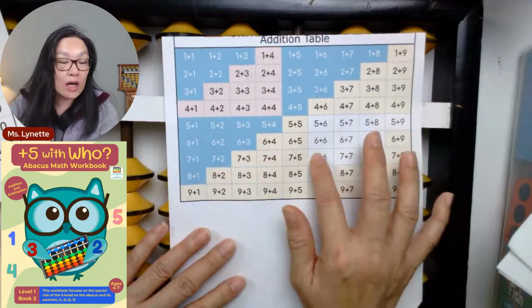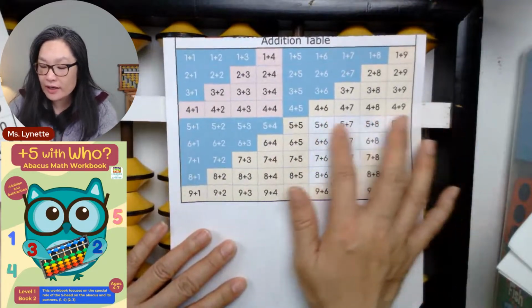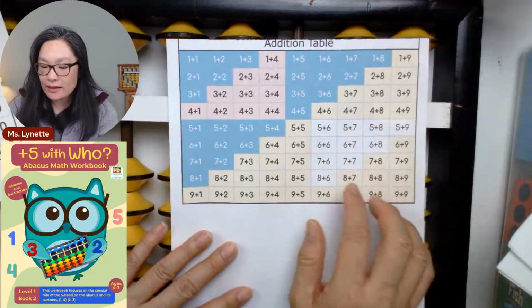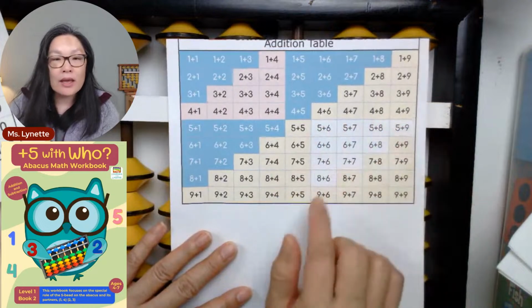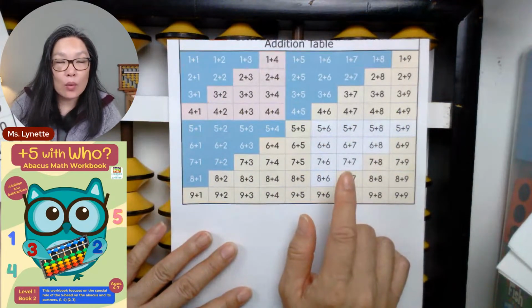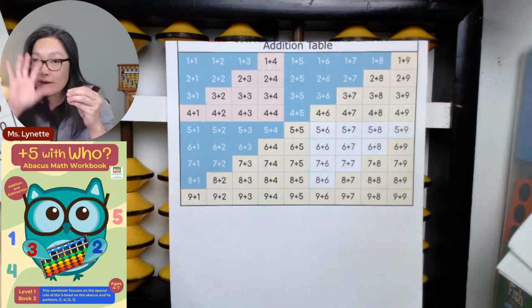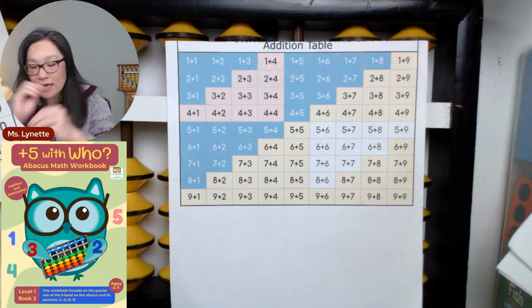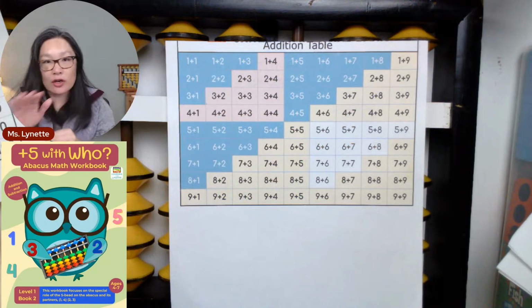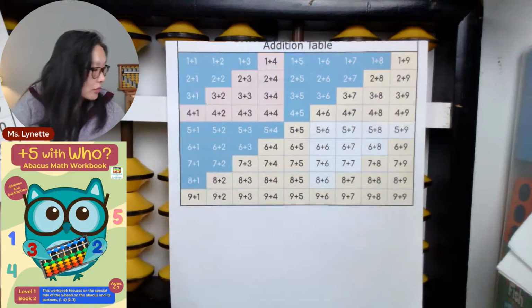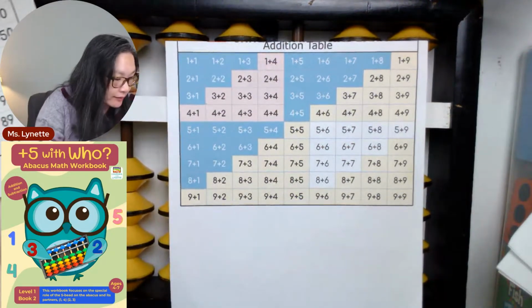And then this area here that's blank, not highlighted, white, is actually when we mix the two. We mix the 10 frame and the 5 frame together, and that's how the class is structured. So when we start,